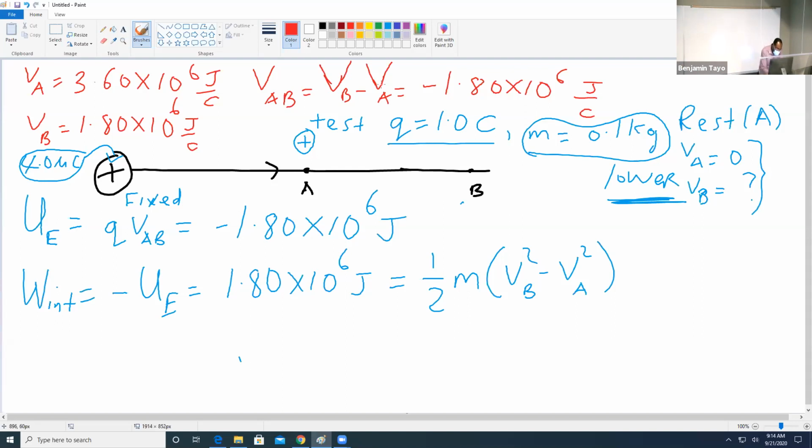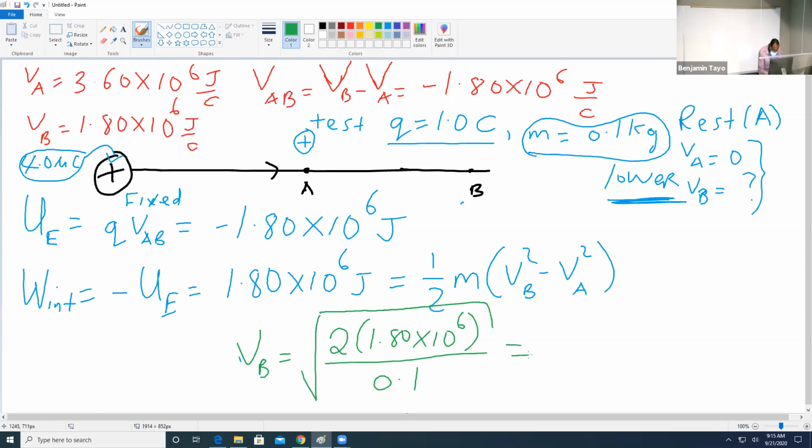So potential difference was uppercase V, velocity is lowercase v. Now solving this, I can get my velocity at point B using this equation here. So velocity at point B is going to be the square root of 2 times 1.80 times 10 to the power 6, divided by the mass, which is 0.1. And so that should give me